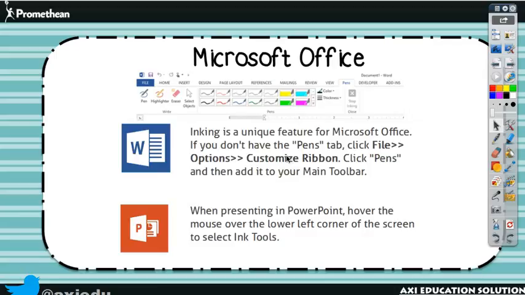I personally find it easier to just use the annotation tools that are in the toolbar, but either one is totally fine because someone else might find this a lot easier because maybe they're already using the inking feature in Microsoft Office. So they wouldn't have to add anything new. So this is just one more tip of how you can use existing content